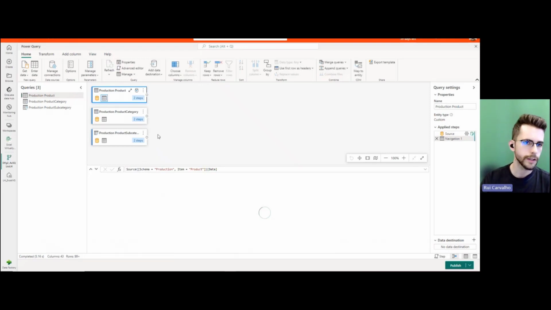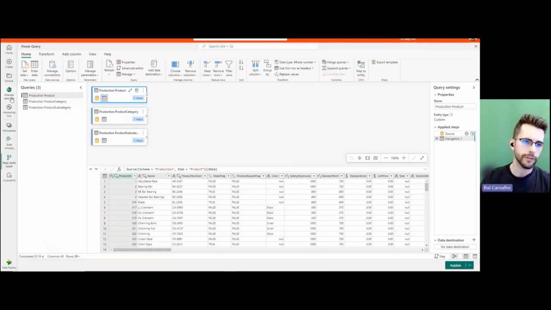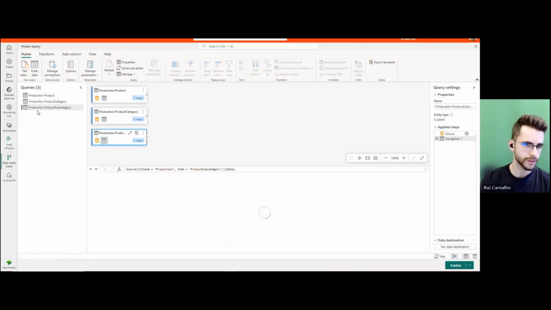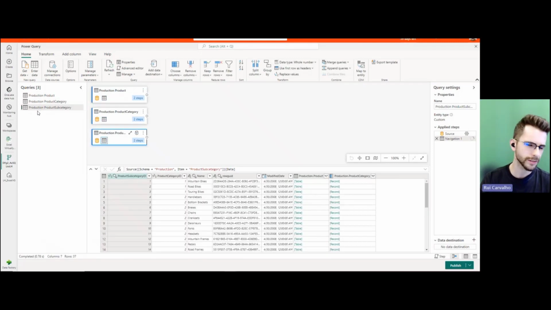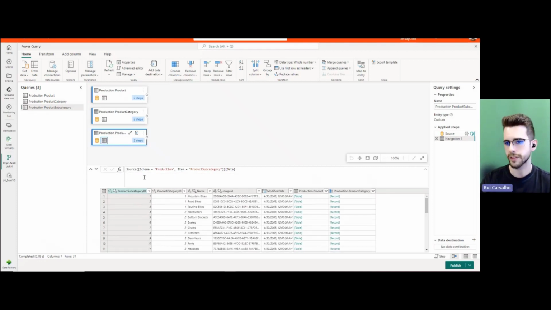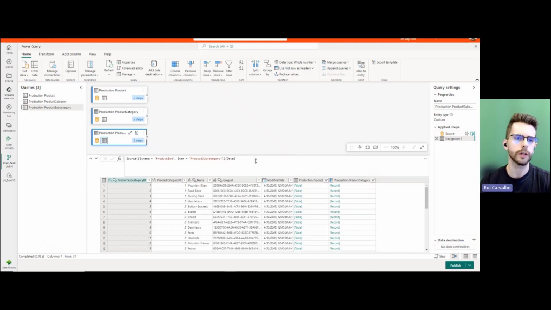So as you can see, at this corner, we have all our queries. Same thing as your Power Query desktop or data flows Gen 1. Under here, we have a display of the data. We have also access to the code of the step, same thing as Power BI desktop. At this corner, we have every step applied to this query. Okay, so I believe many of you who work with Power BI or data flows Gen 1 are already very